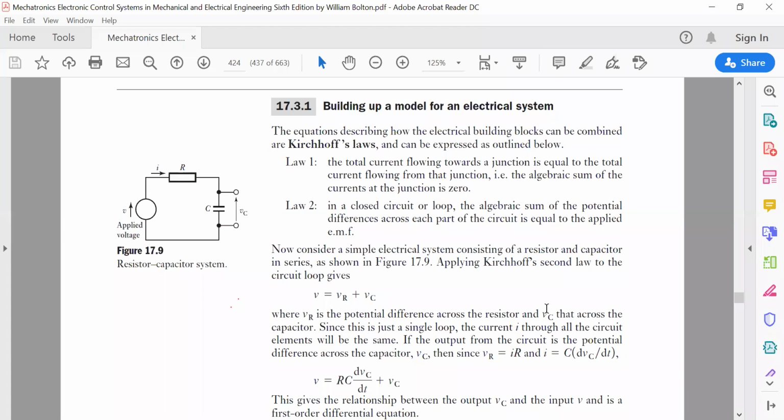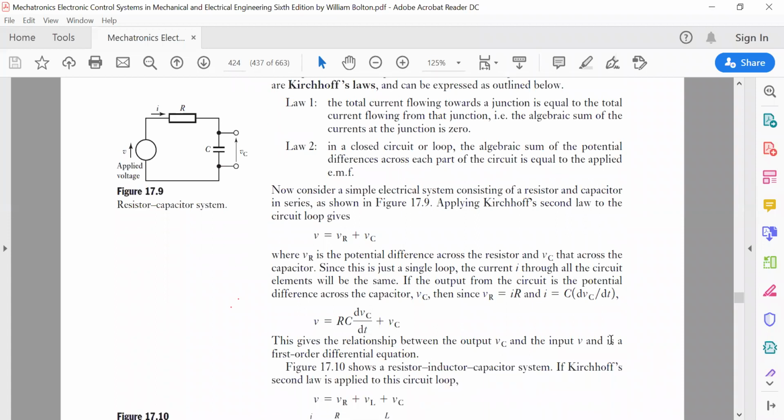Now applying Kirchhoff's second law, this voltage must be equal to what? The voltage dissipated across the resistance and the voltage available across the capacitance. So V is equal to VR plus VC, where VR is the potential difference across the resistor, and VC is that across the capacitor. Now, since this is just a single loop, the current I